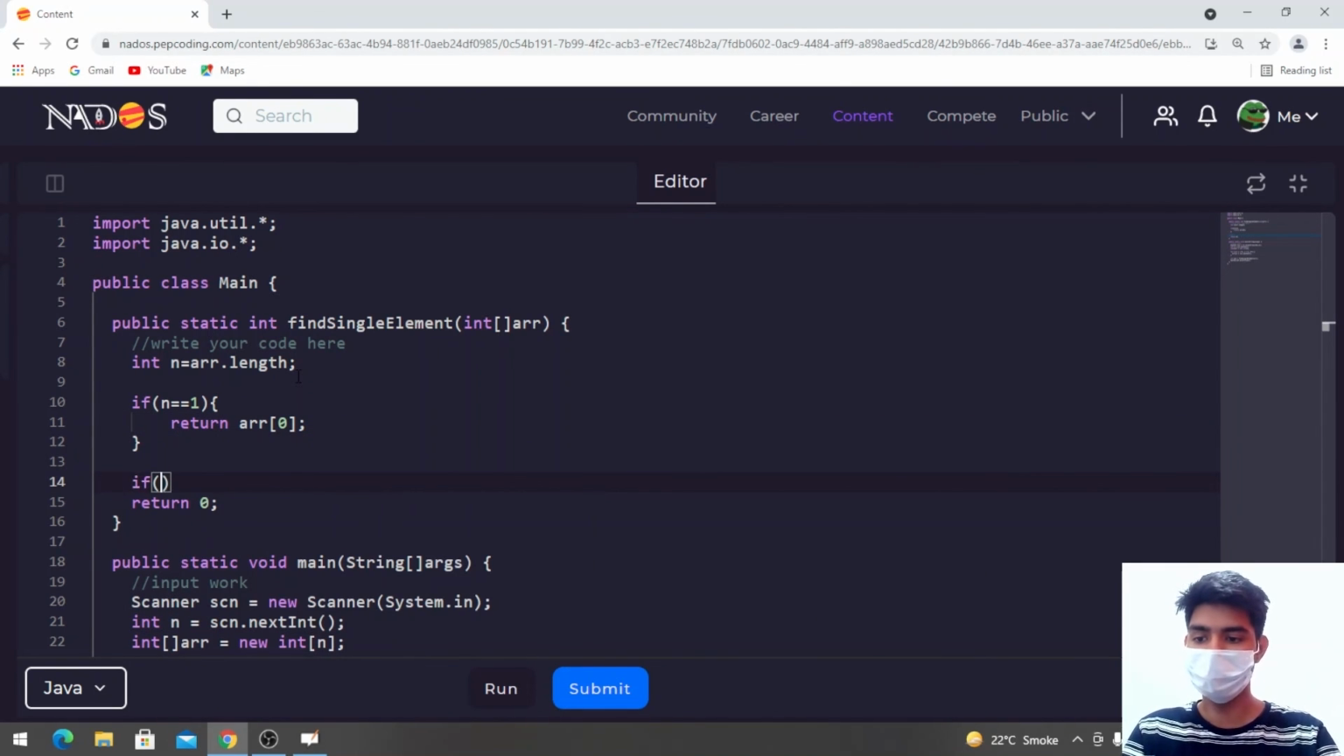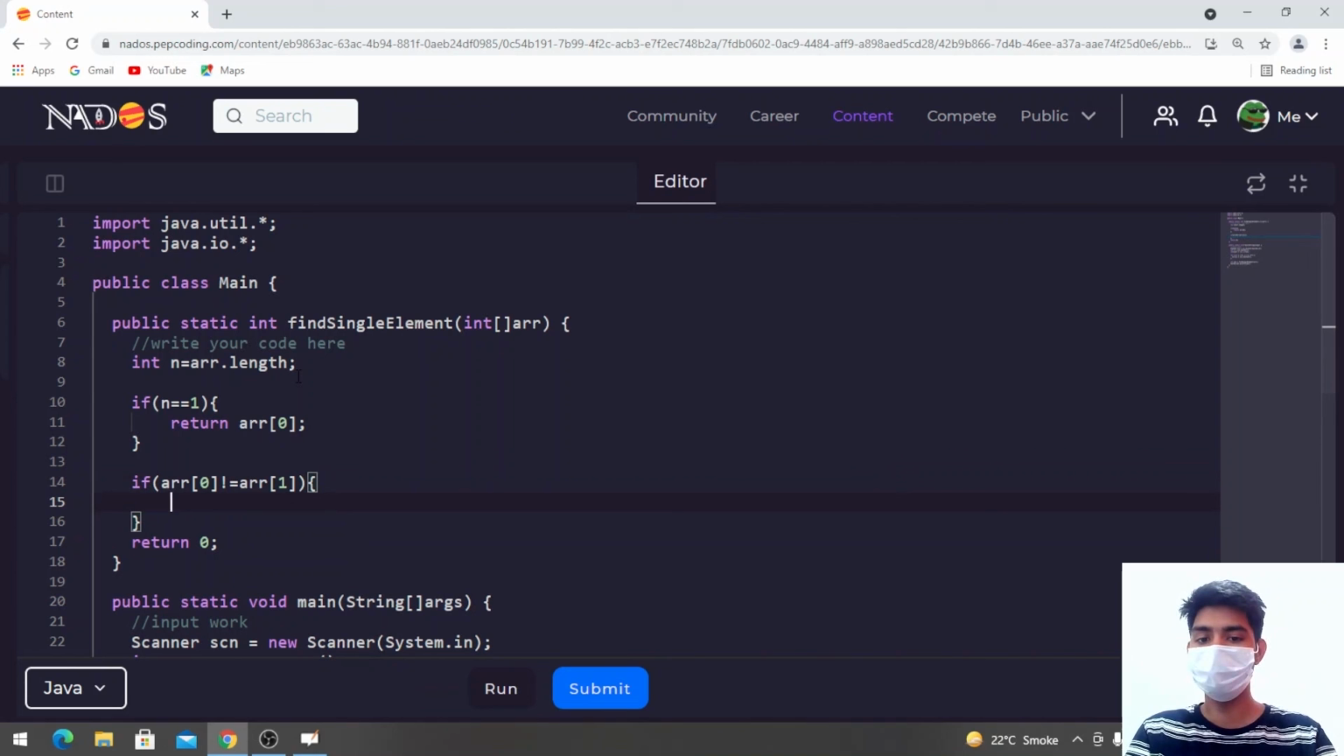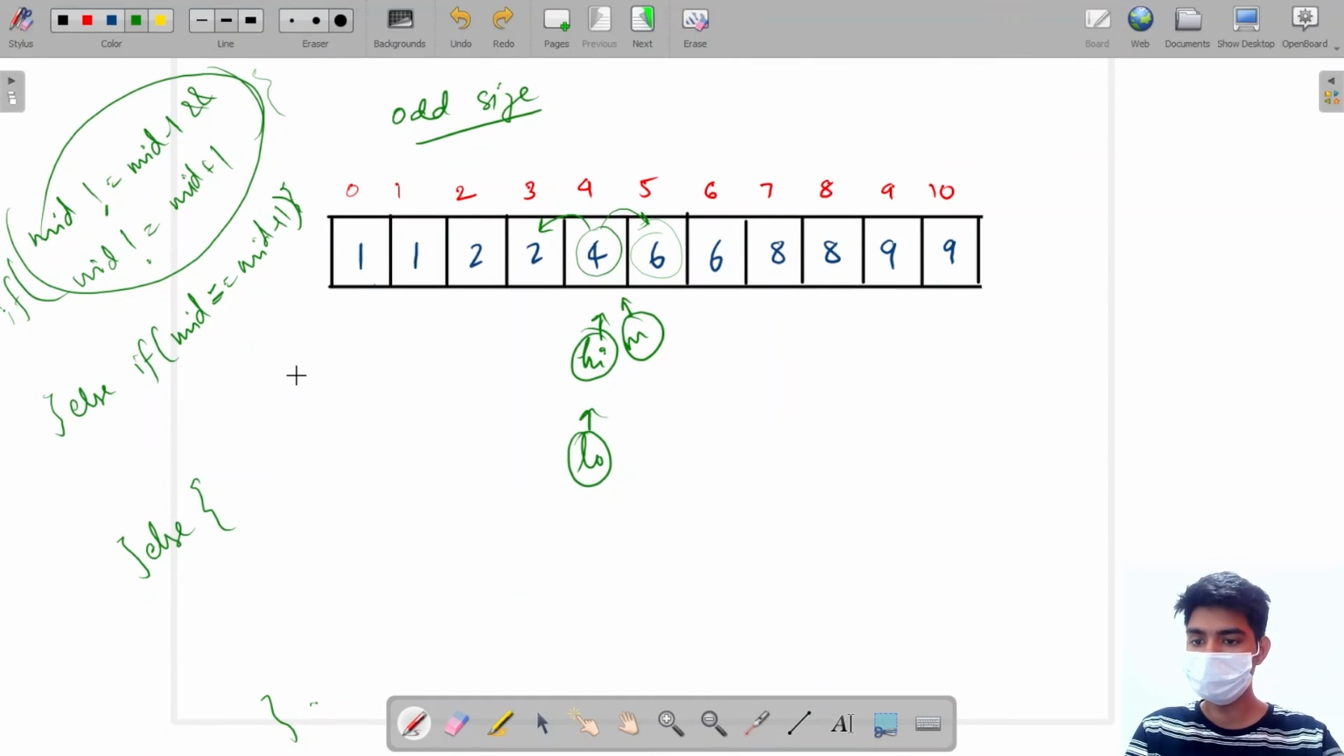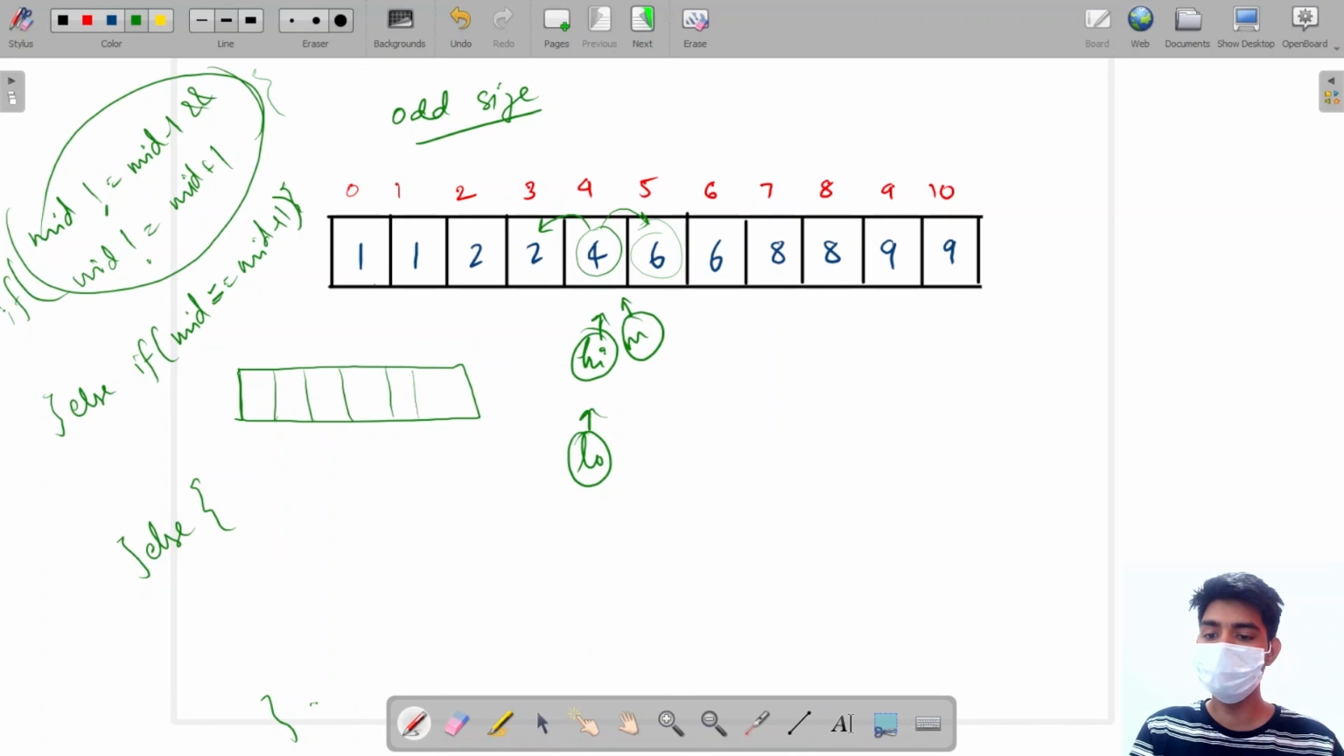My next thing is if arr of 0 is not equal to arr of 1, I'll return arr of 0. What is this check? I'm trying to handle the base cases, the cases where my element is at the starting of my array. So for example, my